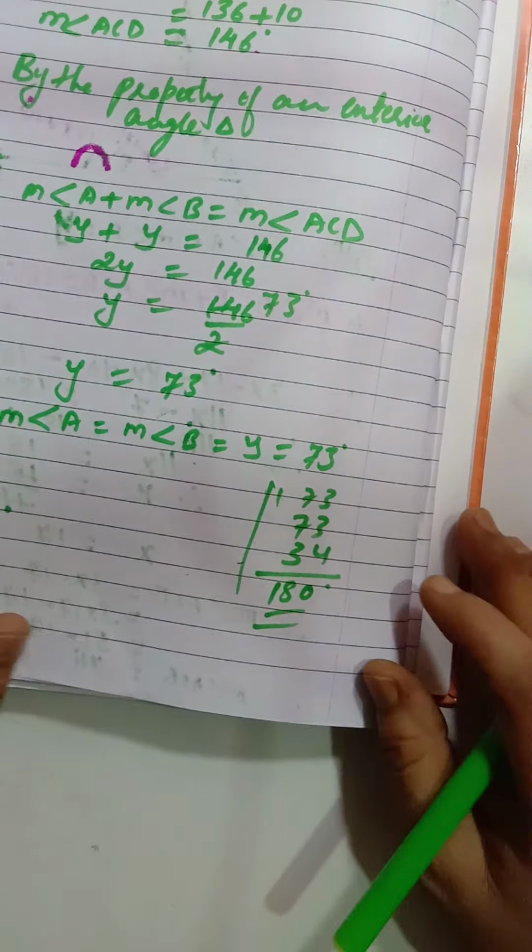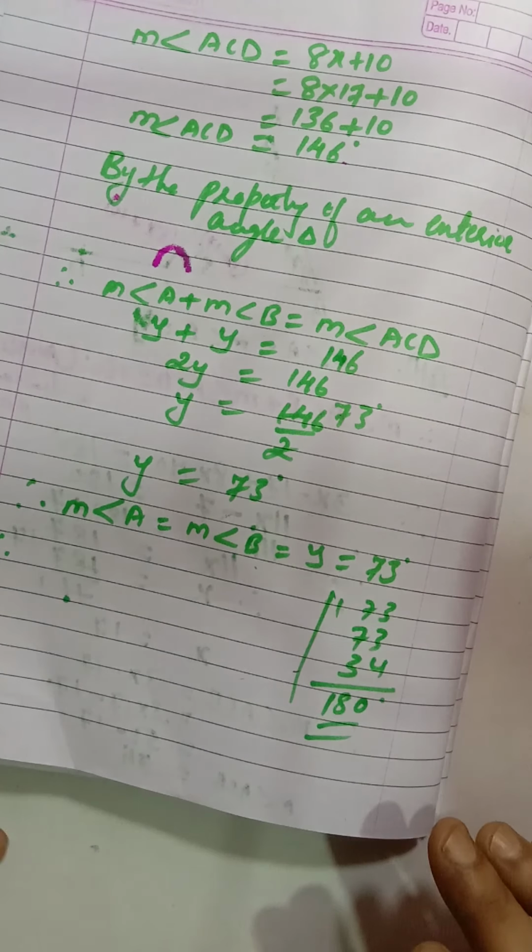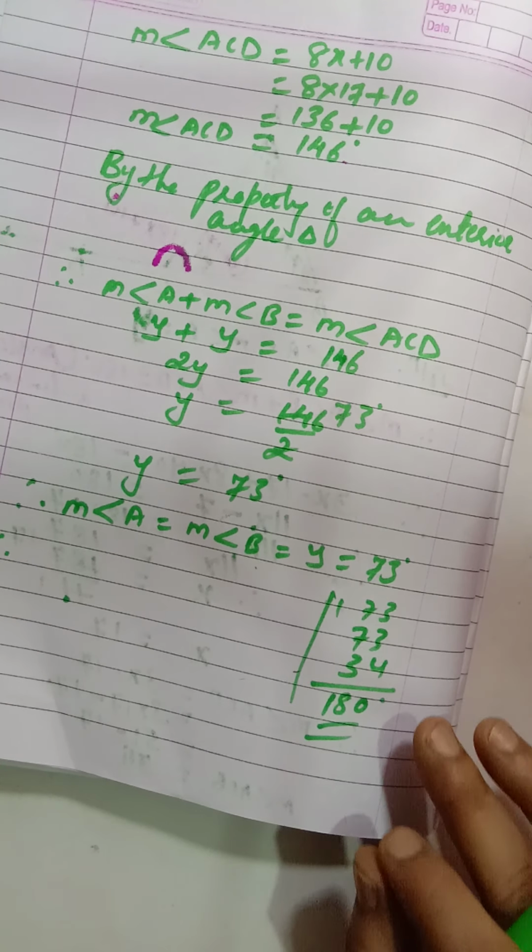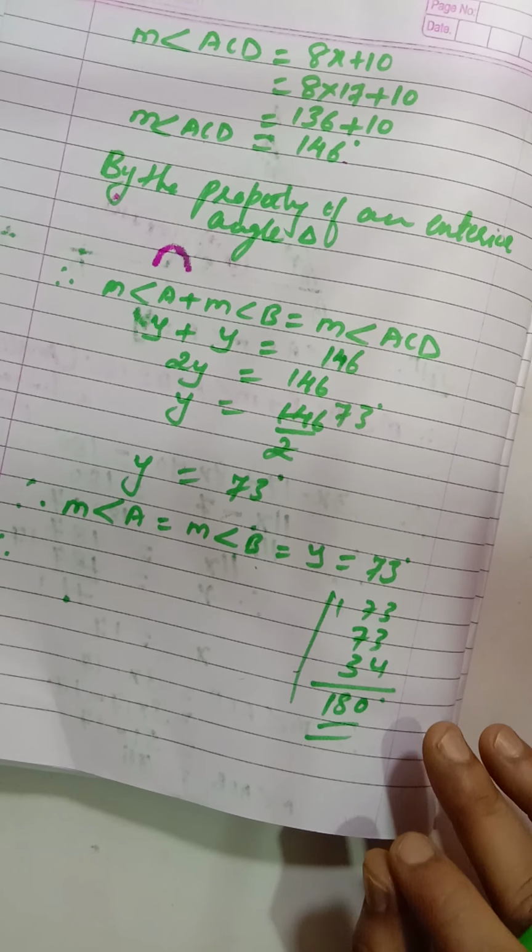Now see children, I have solved these 3 sums. I will give you some extra sums to solve, because we have only 3 sums in the textbook. So I will be giving some extra sums to solve in the homework. You try 2-3 times, and I will be giving the answers also, so that you can check your answers.